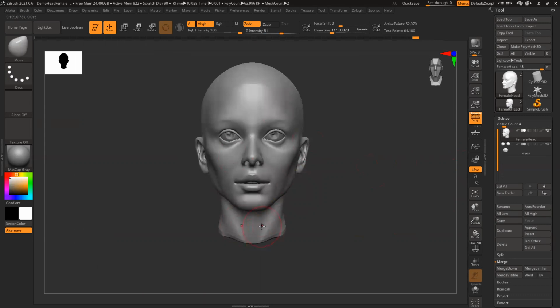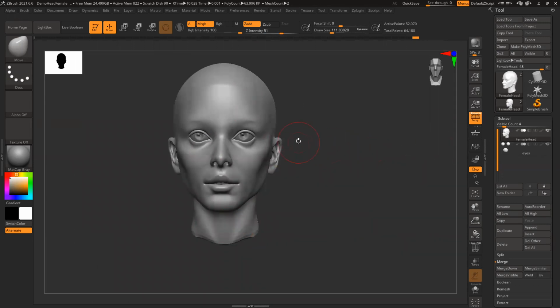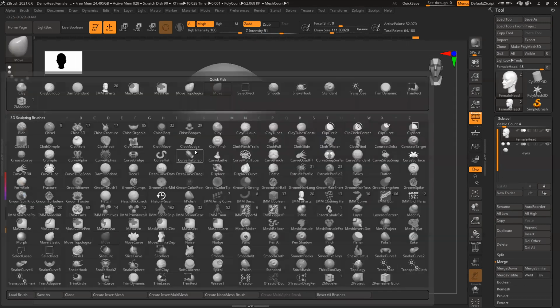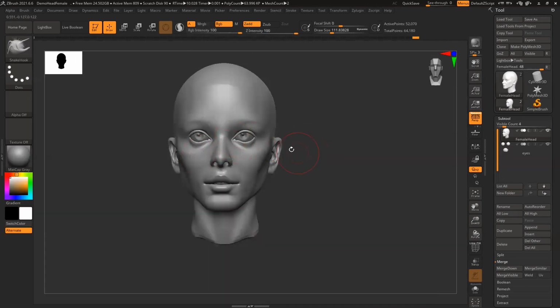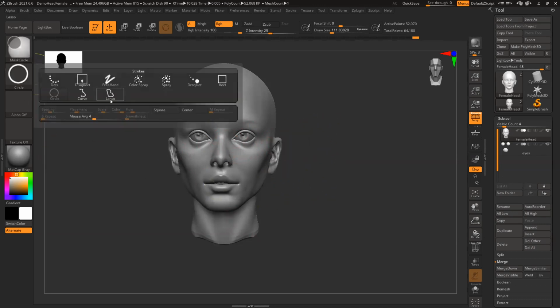So first block out in non orthographic, and then once your basic structure is ready, move to perspective, switch on your perspective, and then start creating this thing. Ears, BSH snake hook. If I'm having difficulty, okay, I can definitely use it.